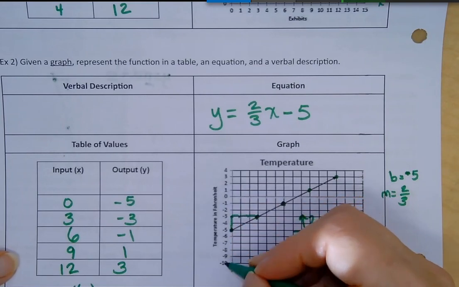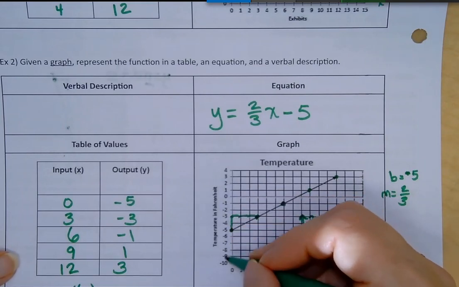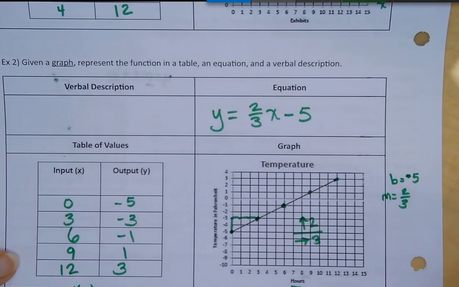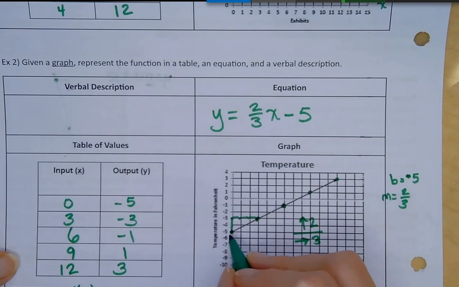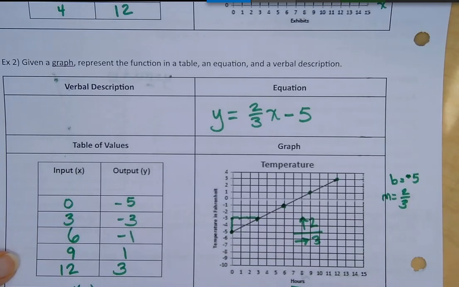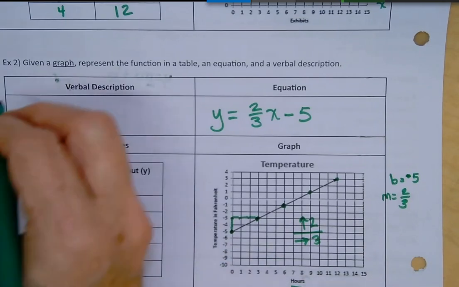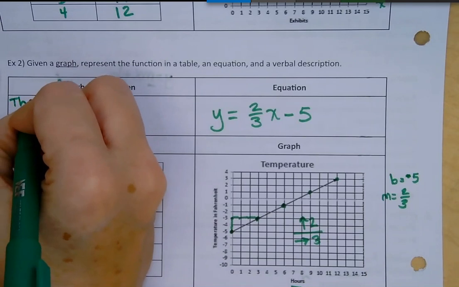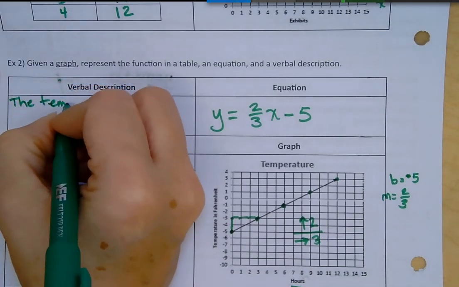So I have temperature in degrees, and the temperature outside depends on how many hours I've been waiting to take the temperature again, right? So I know that for every 2 degrees that I go up, it took me 3 hours. So I'm going to say the temperature is changing. It's going up. The temperature is rising